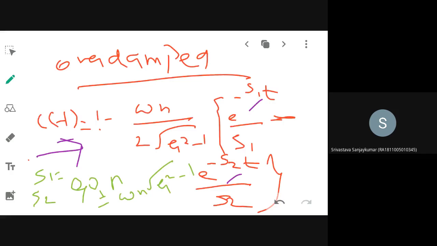Because this question is not that much asked, I am going to skip this, as I have lots to teach you before CT2. So I will not be discussing the overdamped derivation. Anyway, I will pass on notes. In case you have any doubts, you can ask me anytime. This one, plus how to derive the time domain specifications, these two things I will not teach you. You have to do it as a self-study.